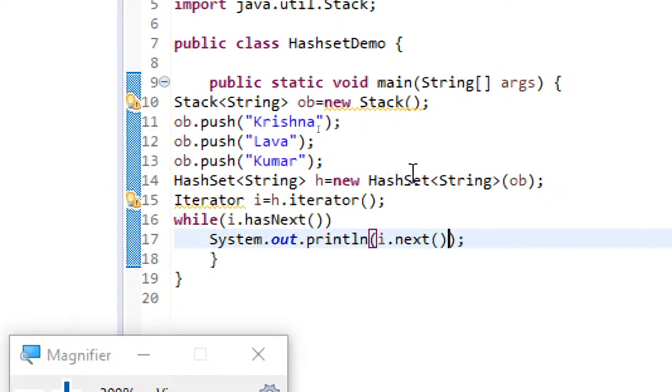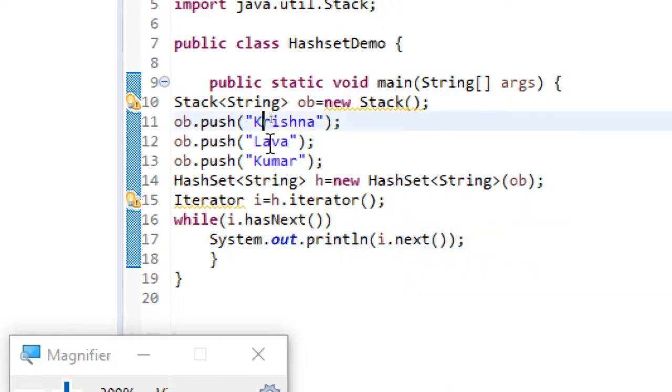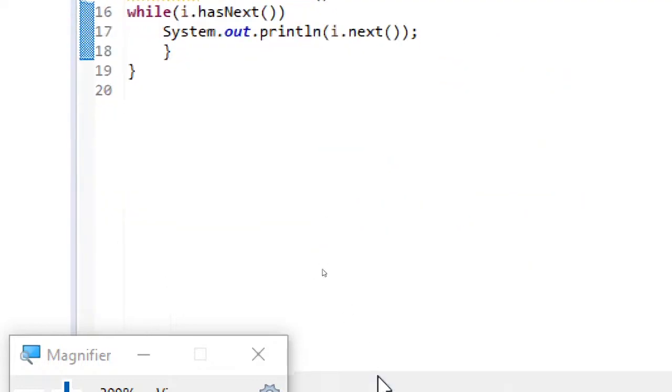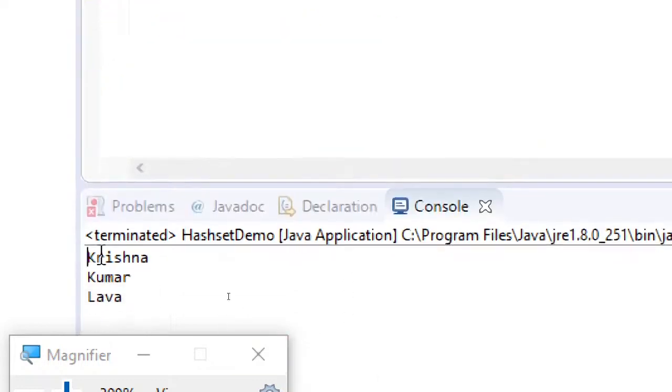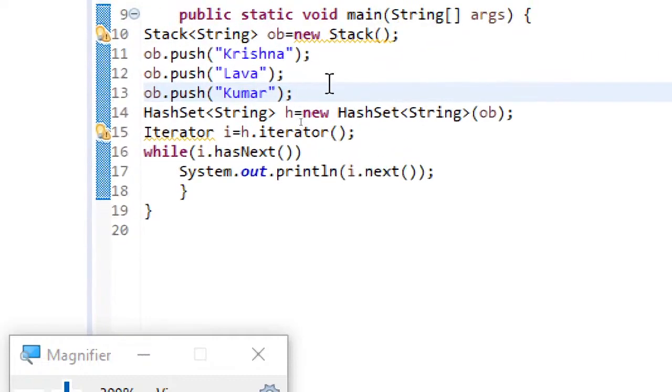Right now what I have just shown you is for hash set. The same way, even while you are creating tree set also, you can even pass the list itself there. You can even pass some other array list or some other collection also. So here you can see the insertion order. What we have inserted is Krishna, Lava and Kumar, but the output returned is Krishna, Kumar and Lava. So the order is not preserved here, it's unordered.